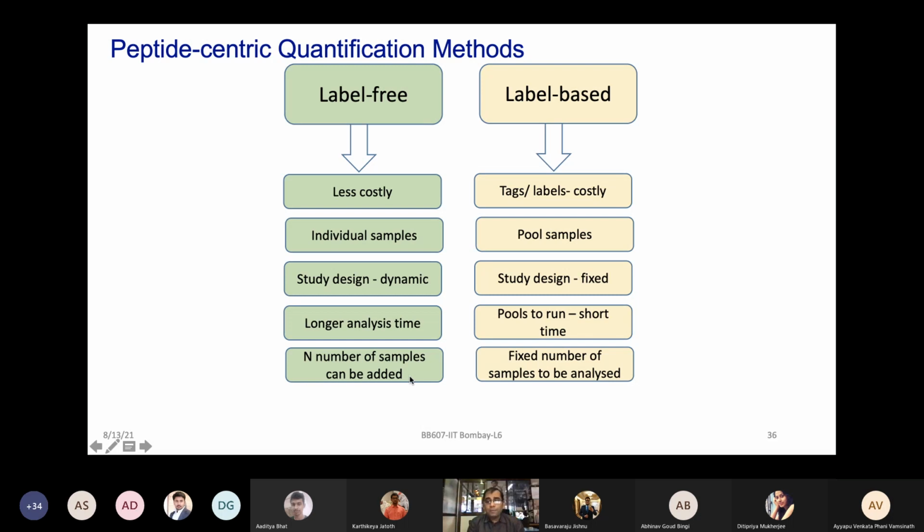So again, a lot of dynamic and flexibilities are there to do this type of analysis. Data analysis is still very challenging because we are hoping to see everything is very reproducible as we go along, and there are different types of quality checks, which we will talk about in a subsequent class. But data analysis becomes much more robust and straightforward in this case.